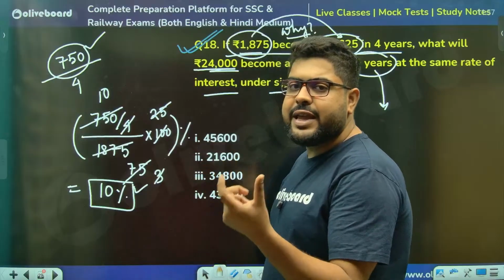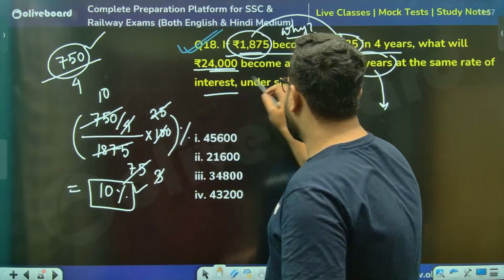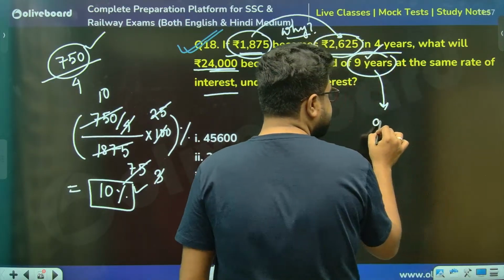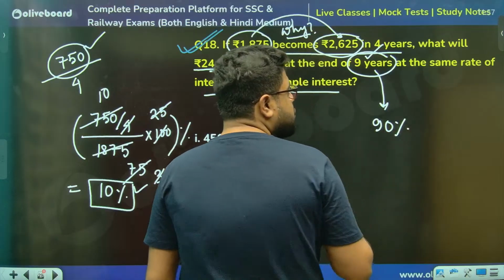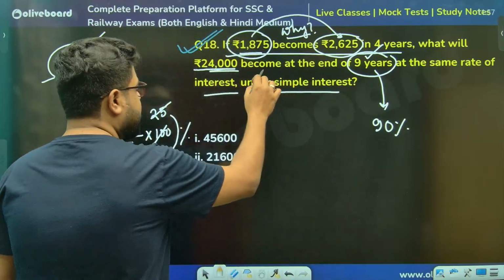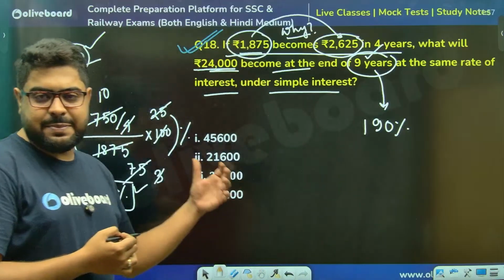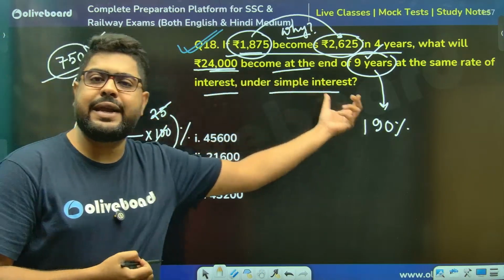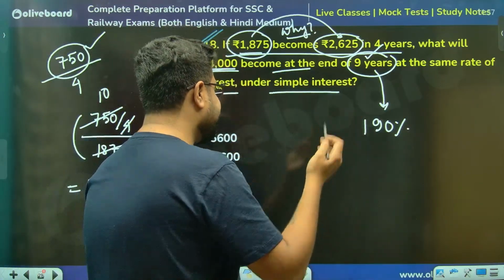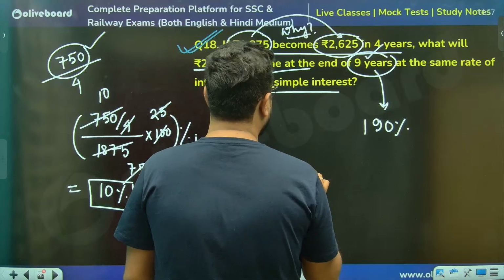It means every year we are getting 10%. 9 years, how much will we get, sir? 90%. So what will be the amount they are asking? What will it become? It will become 190%, because principal is always 100% plus 90% interest. Calculate, sir. So that means 24,000